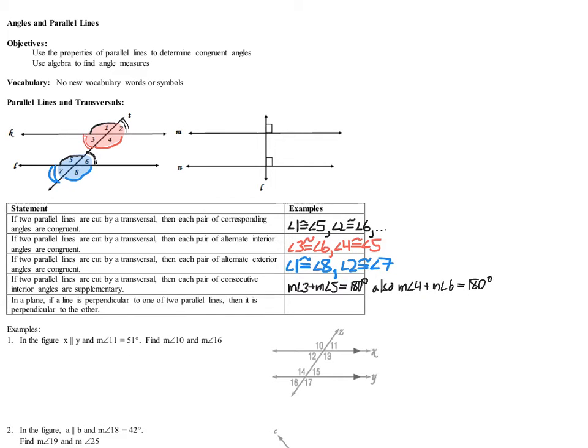If we're defining consecutive as being on the same side of the transversal, then that's justified. But I don't include that for 2 reasons. One, because I forgot to put it in there. I forgot to create a row that said consecutive exterior angles. And so now I'm just doubling down on that error by saying, you know what, we really didn't need it anyway,